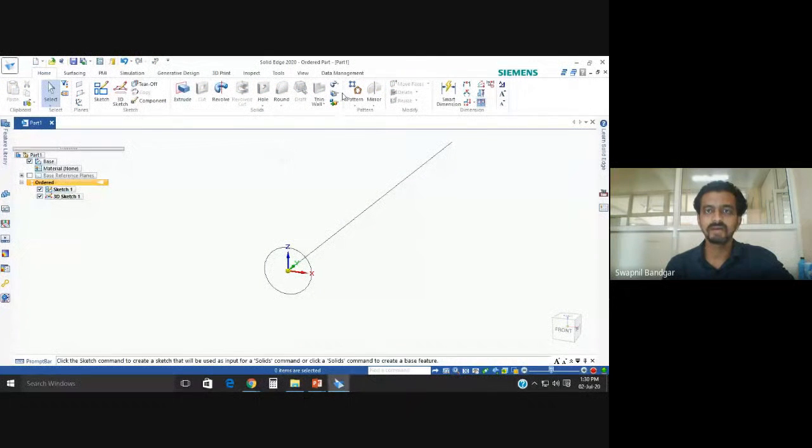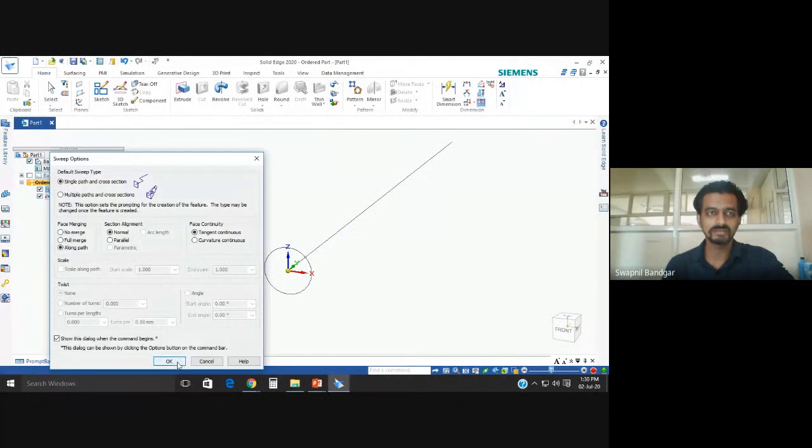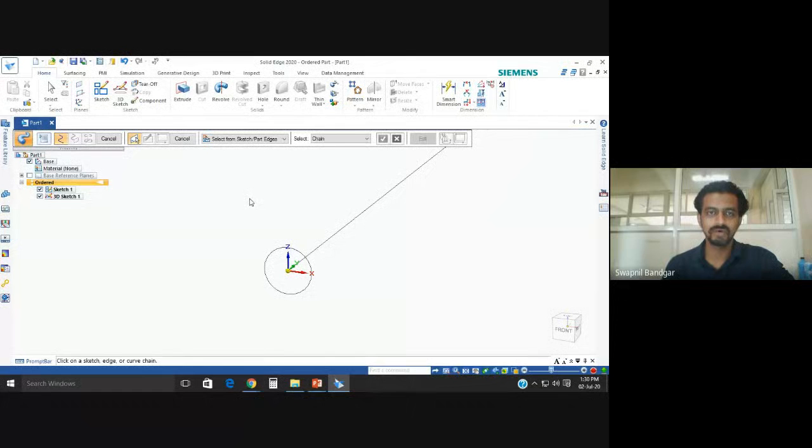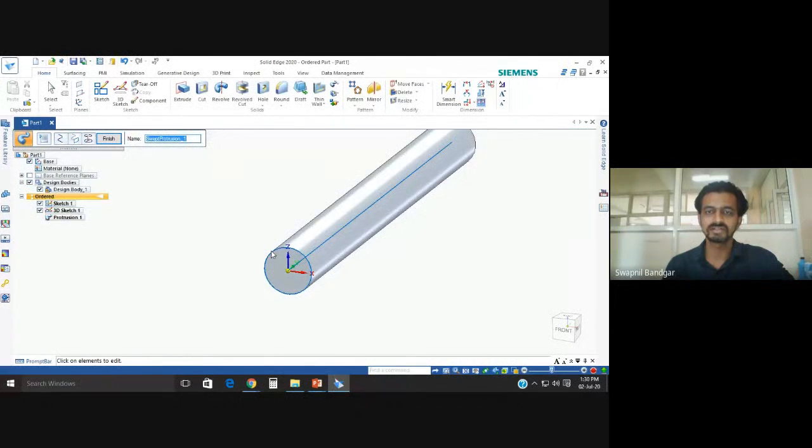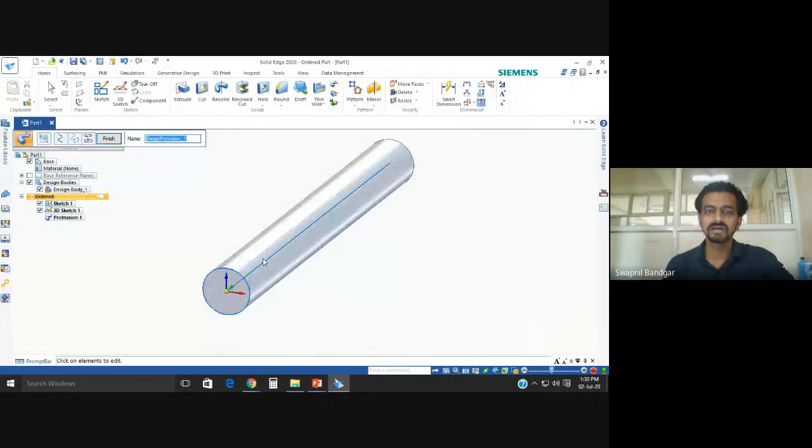Now I will use the sweep command. It will ask me for the axis and the shaft. In a single click, the bar is created.